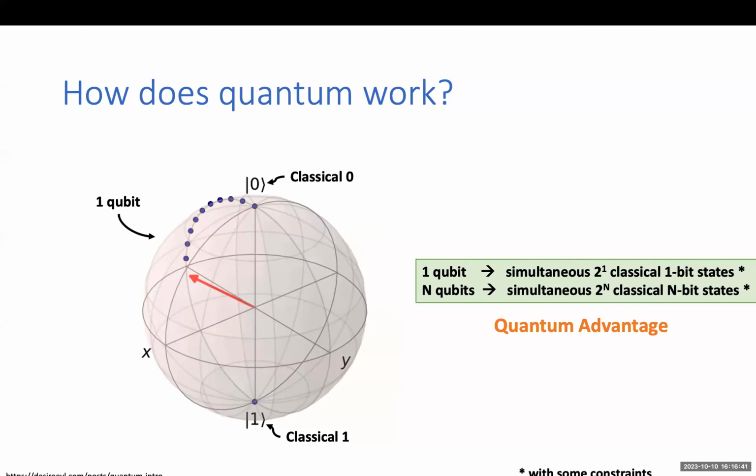And n qubits can kind of simultaneously compute over 2 to the power n classical n-bit states. Now, I say kind of, with this caveat over here, because this is not the equivalent of, say, having a GPU with 2 to the power n parallel threads, right? There's a little bit more to it, which I can't get into now, but I'm happy to talk about offline. But the key idea is that because of this capability, there are some applications where there is a significant, potentially exponential computational benefit over classical computers, which is what is known as quantum advantage.